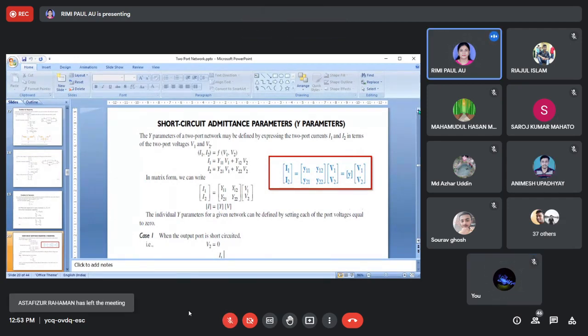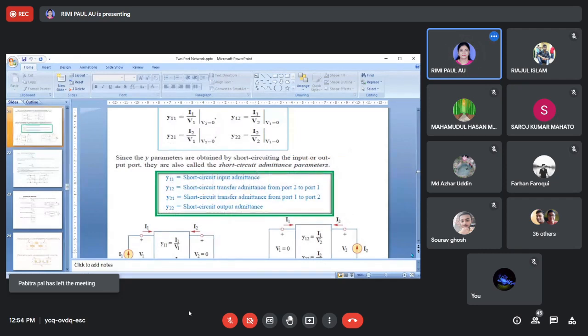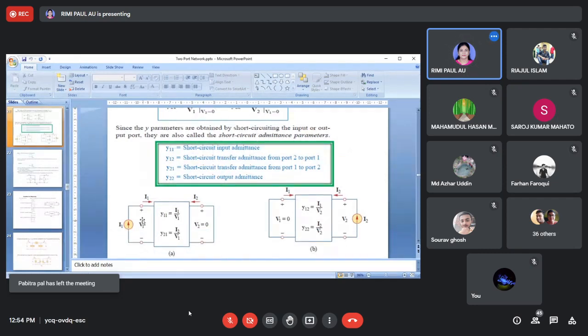So the Y parameter is the same way. You are just saying that here we have given a current source. So here we have one terminal voltage V1, and due to this current source we get the terminal voltage, just this network terminal voltage, V2. Now how do we find it? In the first case we will give a supply I1 and short circuit the output port. Remember, this is the short circuit admittance.